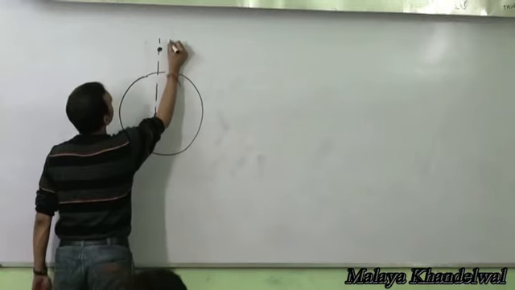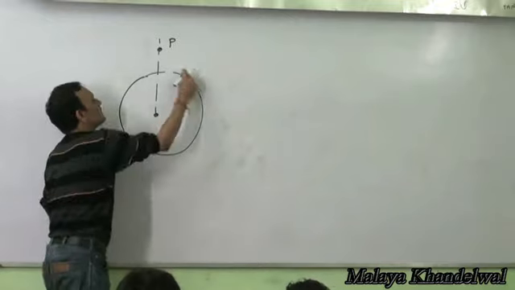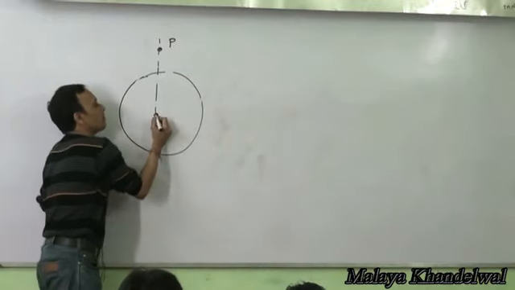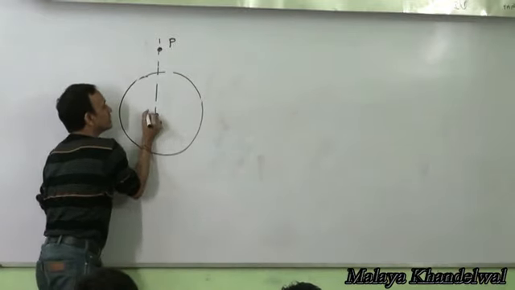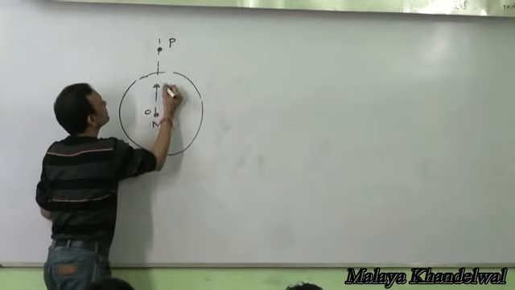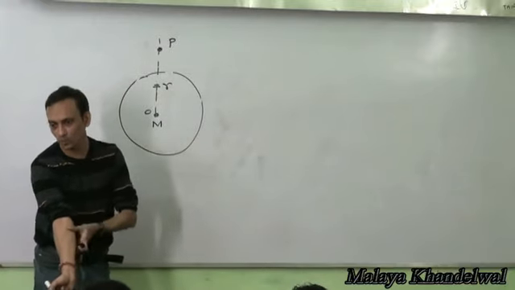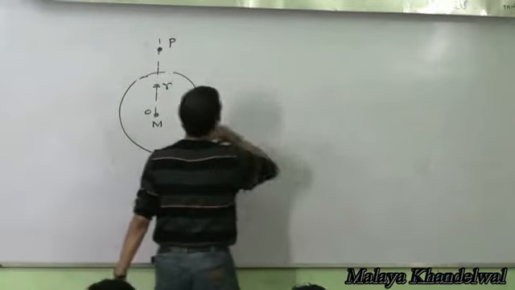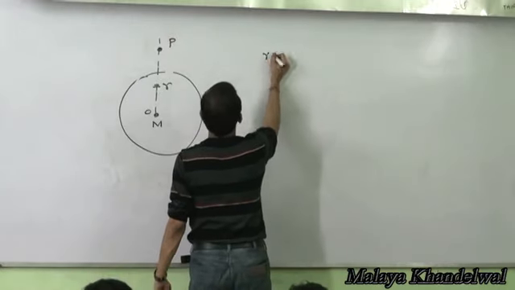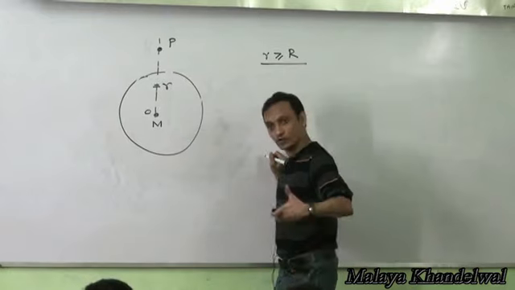Like I said, for points P outside, you can replace the mass of the sphere by a point mass at the center O of the Earth, right? And let's say the point P is at a distance small r from the center. Then, very clearly, if small r is greater than or equal to capital R, which is points on or outside the surface,